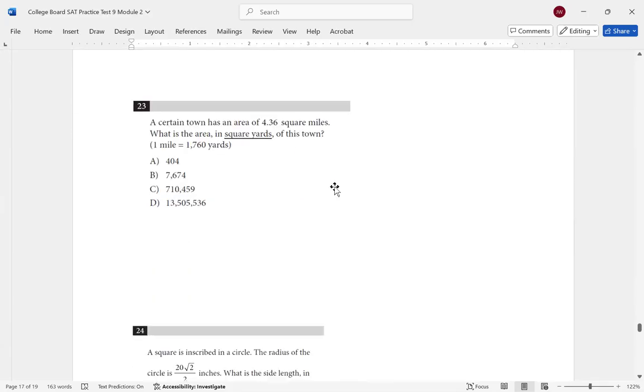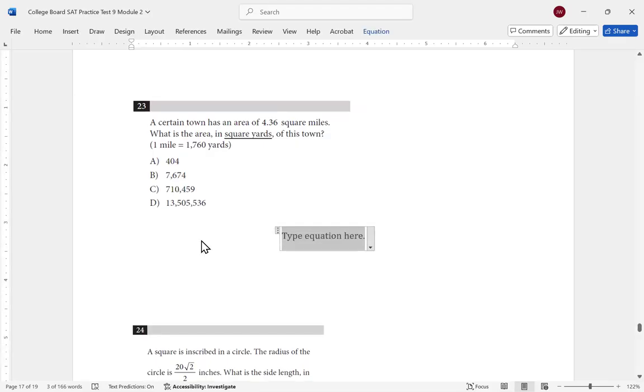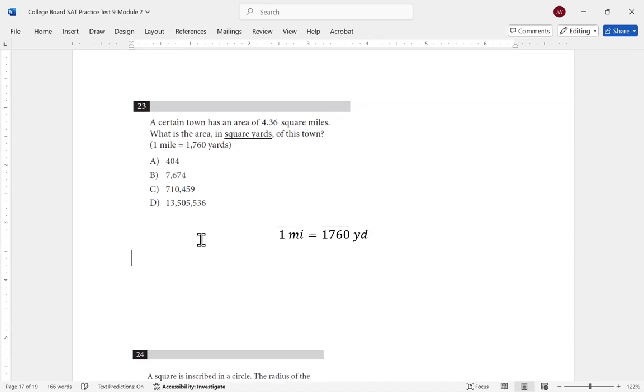Question 23. A certain town has an area of 4.36 square miles. What is the area in square yards of this town if 1 mile is equal to 1,760 yards? Well, if 1 mile is equal to 1,760 yards, then I need to square both sides to get a conversion for